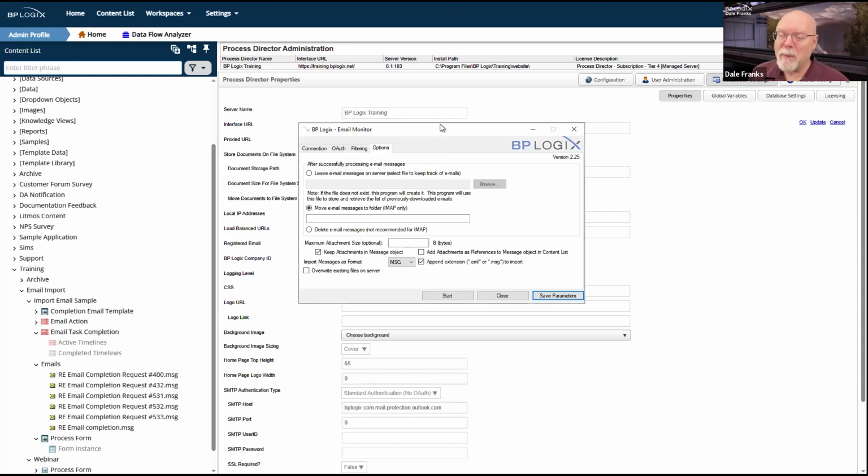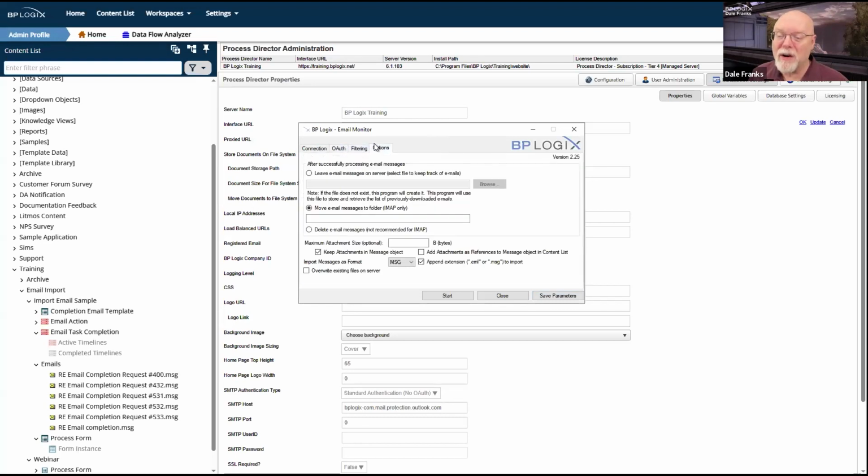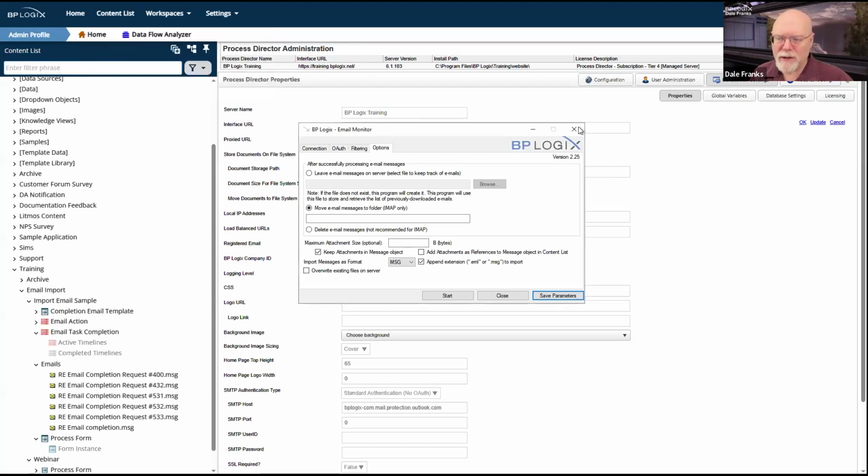Largely, the purpose of BP email import is to do all of your configuration here to enable you to save it as a Windows command, as either a batch file command or just a prompt command that you would put into a Windows scheduler utility trigger. Either way works. This is the actual function that is going to get called by Windows, and you do this on a recurring basis every 2 hours, 4 hours, whatever it is.